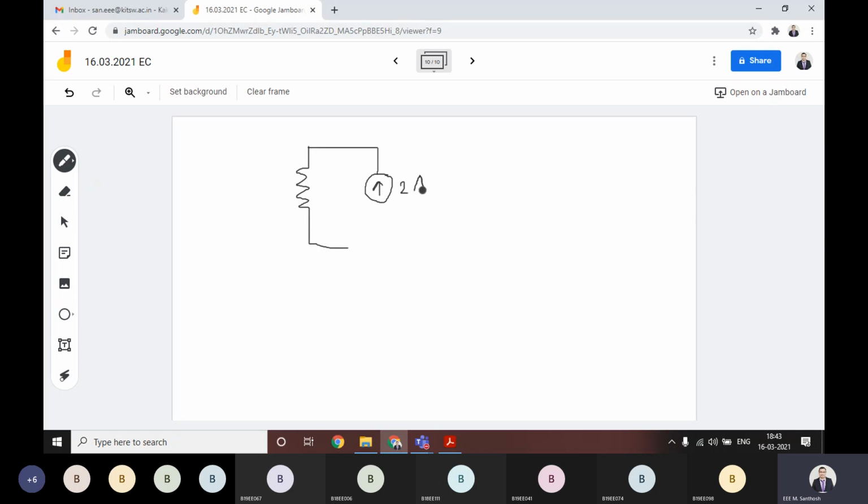This is 2 ampere simply, and this is 1 ohm, and we have here 3 amperes from the previous circuit. Then as our friend told, exactly 2 ohm and 1 ohm in parallel, you will get in the fractions 2 by 3 ohm. In the decimal points you get that value.